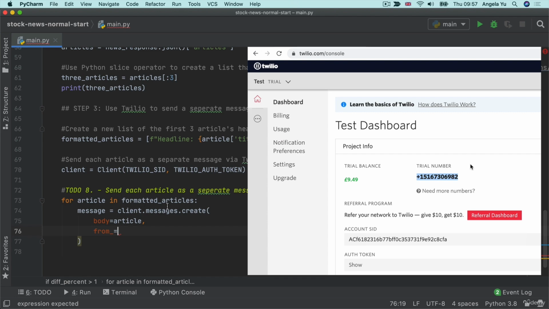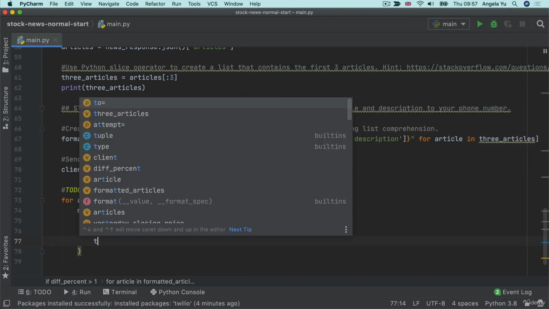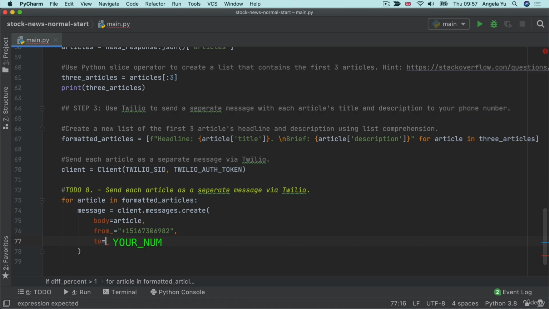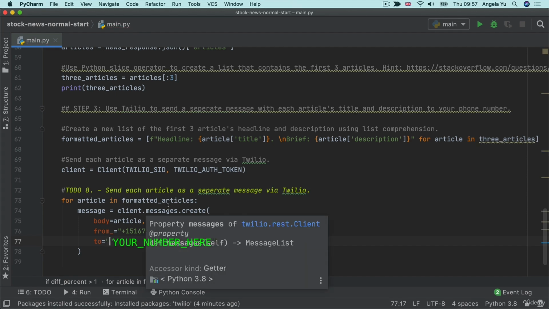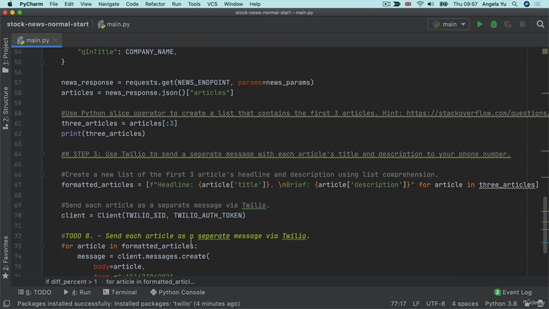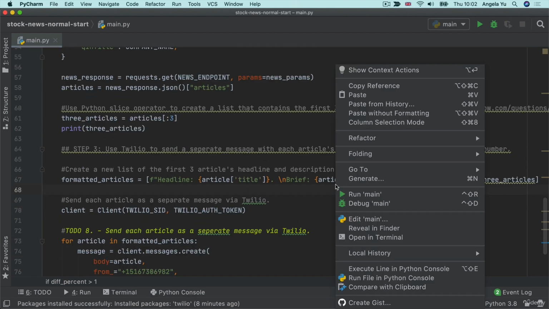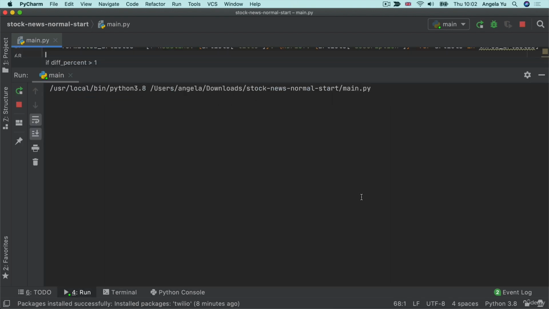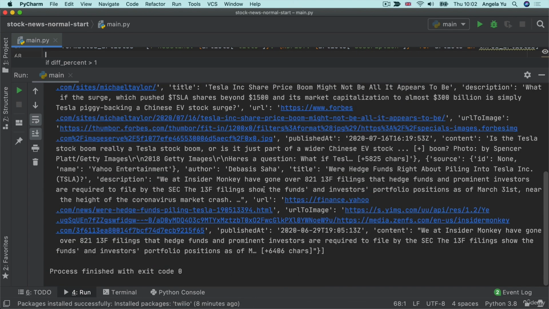Now the from number is going to be our Twilio virtual number, and our to number is going to be our actual phone number. Once we've done all of that, we can now test this and run it to see if it actually works. Now I'm going to go ahead and hit run, and hopefully our messages will get sent,